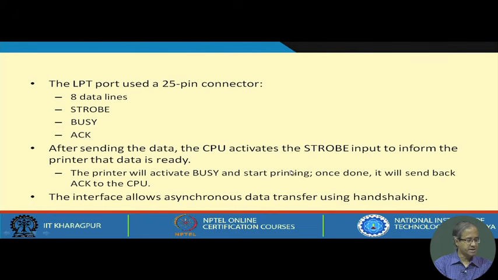Now, after the printer is done and it is ready to accept the next data, the printer will send back the ACK signal. Just using this signal, you can have handshaking, you can have asynchronous data transfer. So, there are some additional signals like busy, which are specifically printer specific. In a normal handshaking you need only the acknowledgement, but this strobe and busy are required because this allows two-way handshaking, because the CPU knows that the printer is ready, and the printer will also know that the CPU has sent a data, both ways.